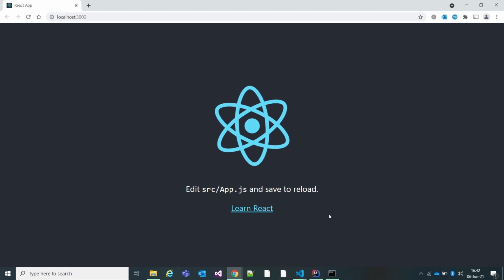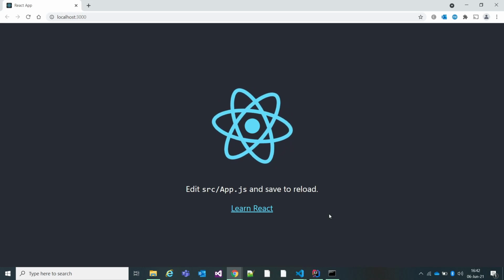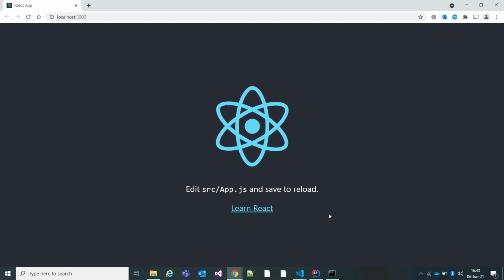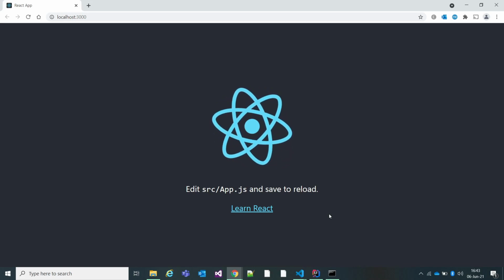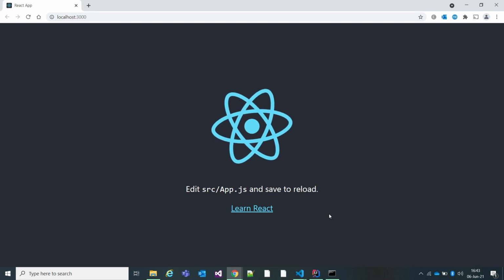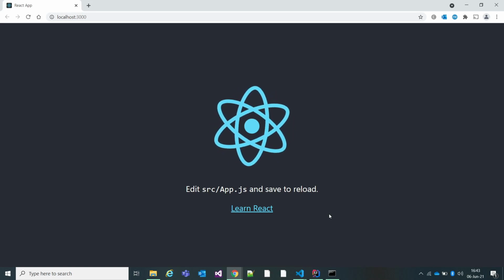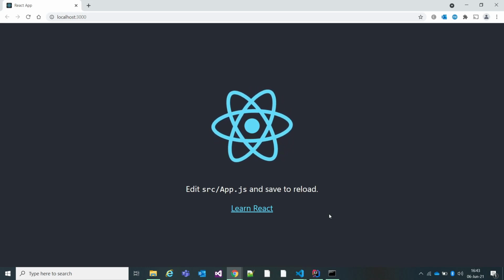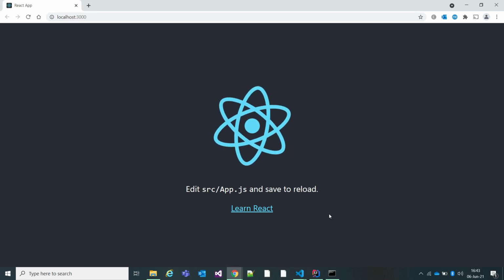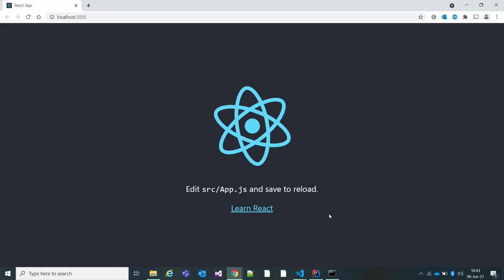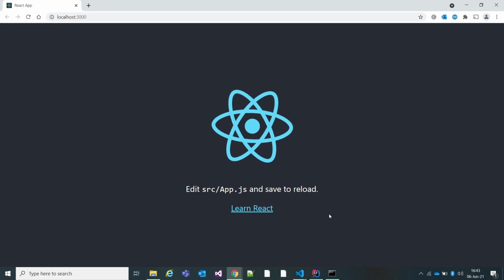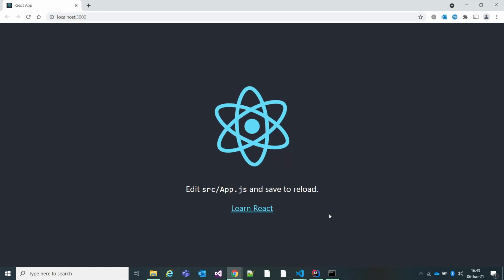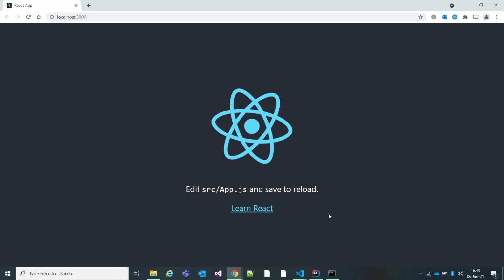So now we need to make the changes and start changing in the code. I will not go through each and every line. What I'll do is write the code, then give a demo and show you the code. Don't worry, I'll be publishing this code on GitHub. I can give you the link, and from there you can get all the code. So if you miss something, don't worry about that.